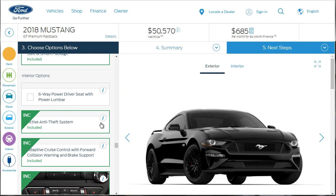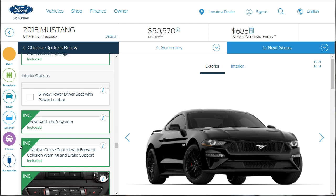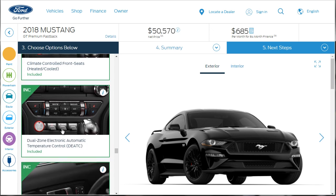And that's the thing, whether you're building this particular Ford Mustang GT or another one or some other kind of make and model altogether, some of these packages don't play nice together. So you got to play with what you want and what you know you want to keep on the car, because sometimes other packages are going to remove those things. So all of these things with INC are included: anti-theft, adaptive cruise control, the climate controlled front seats, the dual